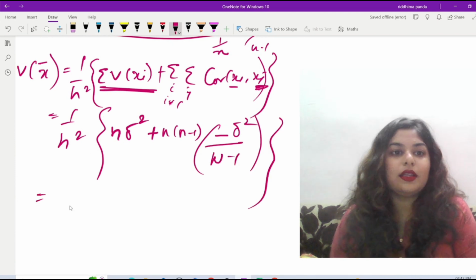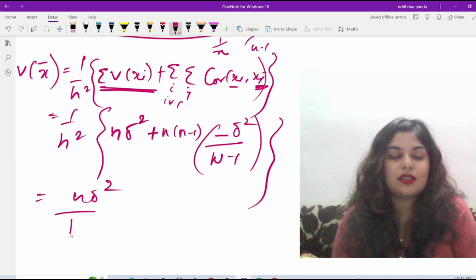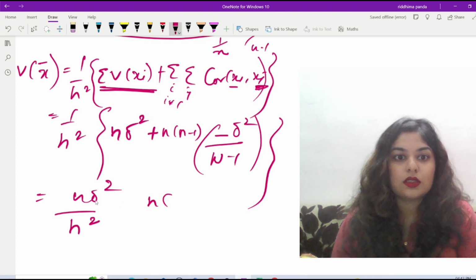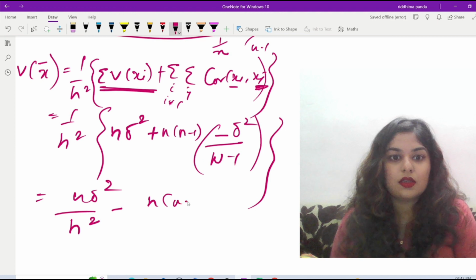So here let us simplify. This is n sigma square by n square plus n. Let's not write it plus because we have first minus sign here. So this is minus n into n minus 1 into sigma square by